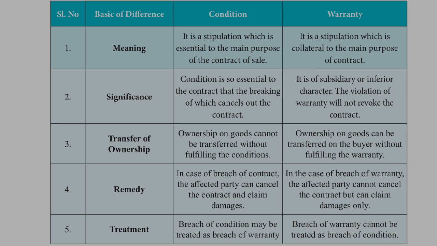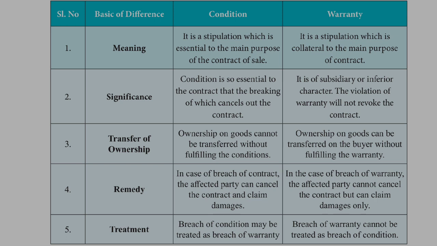So here first they've said about the meaning. A condition is essential to the main purpose. This is the main purpose of the contract. If the condition is not satisfied, the contract doesn't happen. Warranty, if you take, it is collateral, that is secondary only. Collateral in the sense that we pledge something and place our assets as collateral security, right? If we are not able to repay it, then they will sell our assets. So the assets which we place as collateral for any mortgaging are a secondary object.